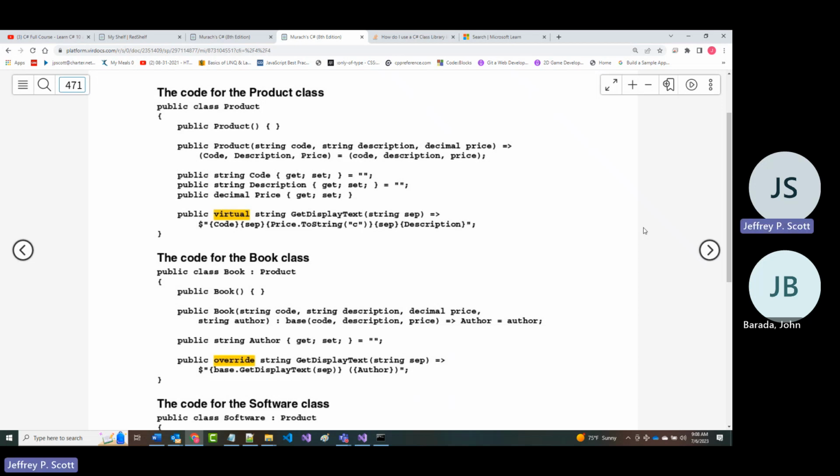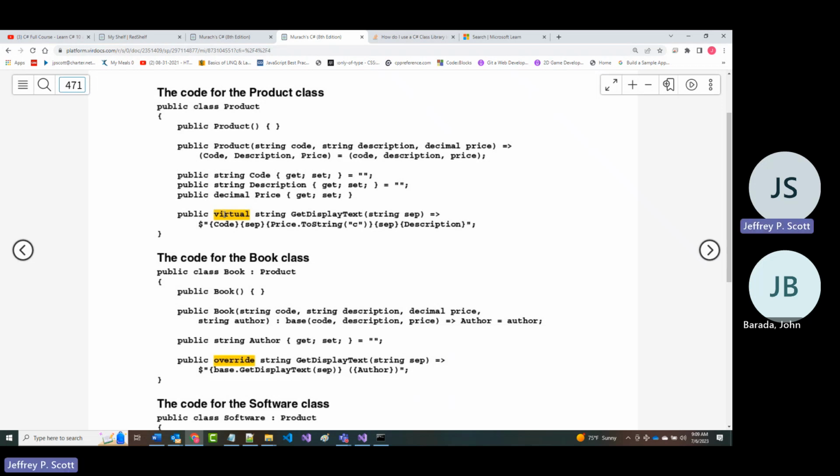So when you look here in this public class product, the only thing that's different from what we saw earlier is that word virtual. It was not shown in there before.